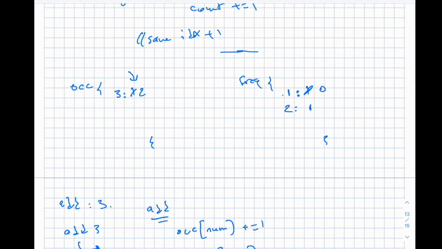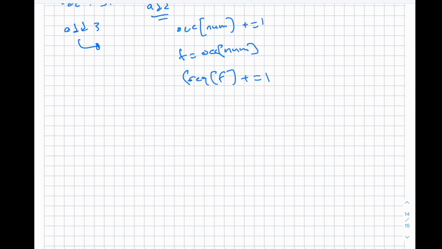So the frequency of 1 should, the value of the occurrences of frequency 1 should decrement by 1. And so we want to say that the previous frequency, which in this case, because we just added 1 to the frequency, is just f minus 1, we want to say that this